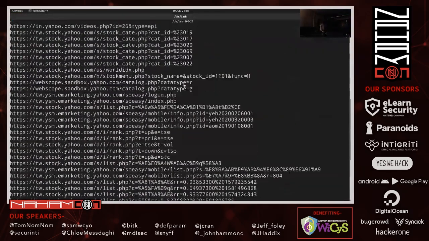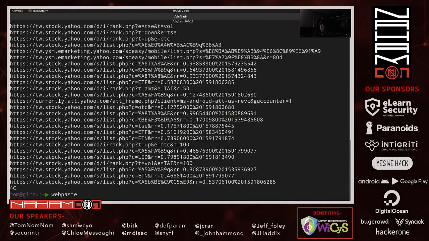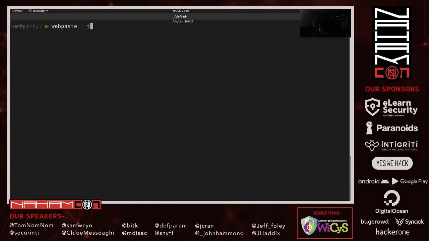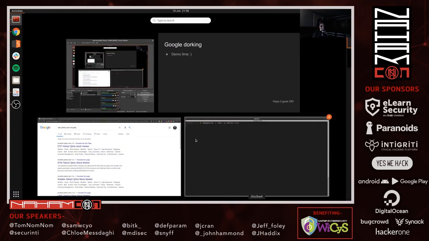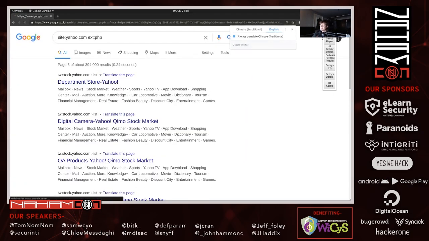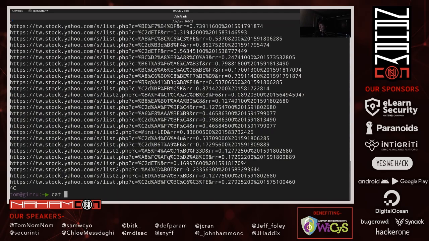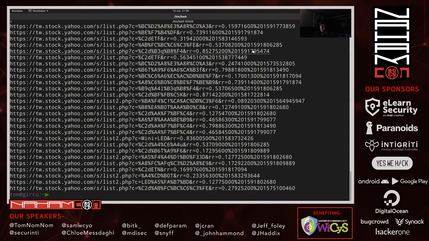So we can see all of those URLs appeared in this list, and that's great and all. But from here we could either copy and paste them, or we could have put them into a file in the first place by running something like web paste, say -a docs.txt or something like that. So if we go back to the browser, click our button a few times, we'll see that there's some URLs come through, and they also exist in that docs.txt as well. So we can then use them for whatever we want.